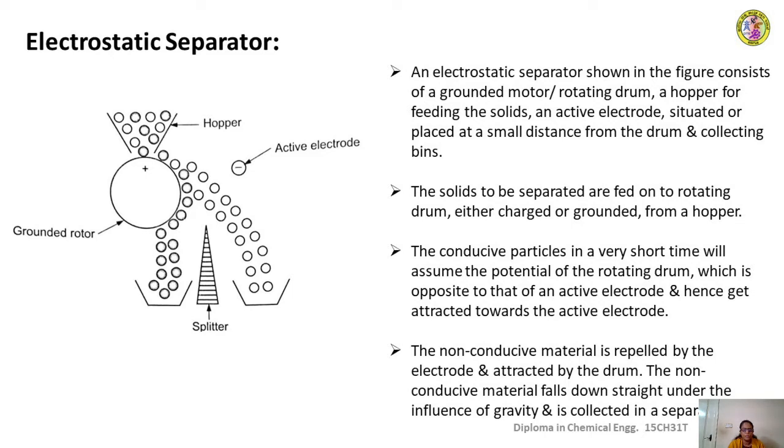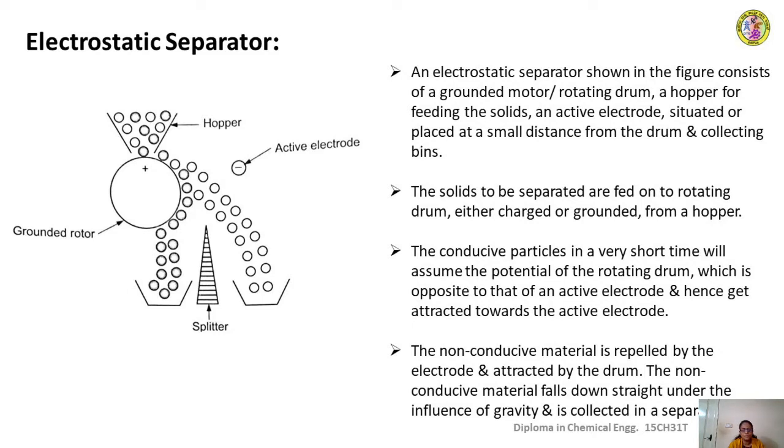So as the grounded rotor rotates, the particles that are falling down will collect in different bins at certain distances, because the charged particles having attraction towards the active electrode will be pulled for a certain distance, and they'll be collected away from the grounded rotor, and the ones which are not getting attracted by the active electrode will drop down